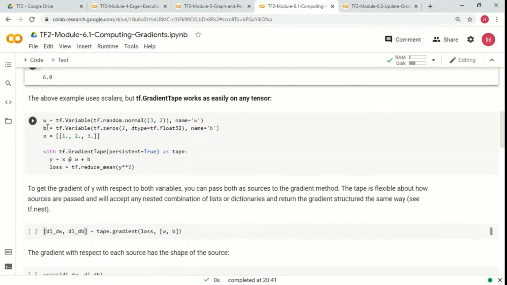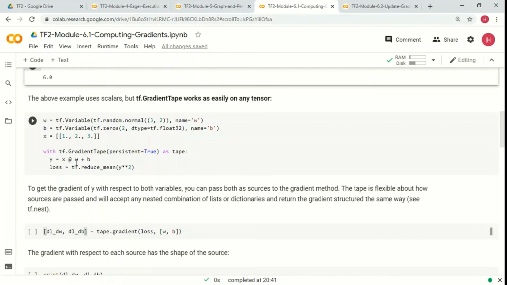In this particular case, we are creating a weight variable of shape 3 by 2, and a bias variable of shape 2. Then we have input data of shape 1 by 3. And then with tf.GradientTape, persistent equal to true, because we have these two operations here.